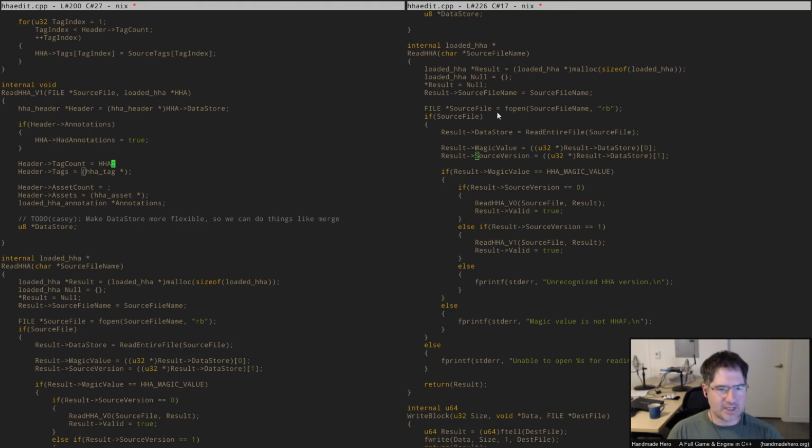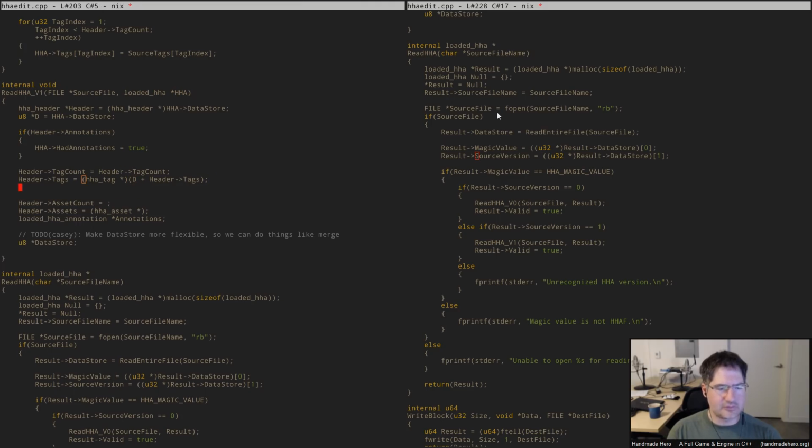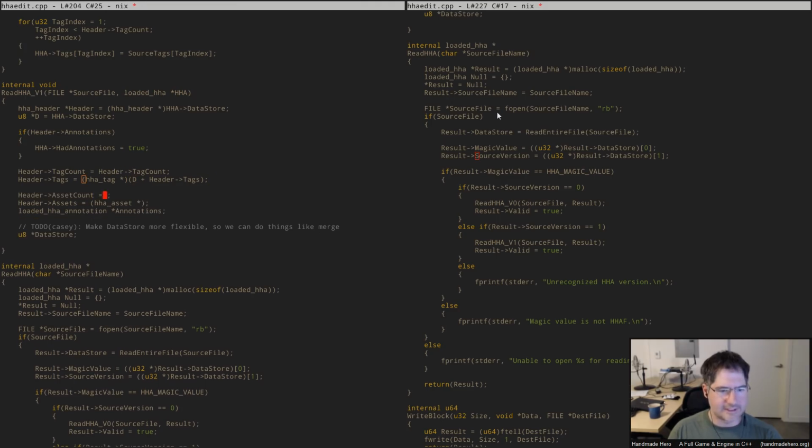So let's suppose I just look here and say, well, here's the header. Here's the tag count, and we know that the tags offset from the data store. I'm just going to call that D, let's say. Off of the data store, that's the value we want. Same is true for the assets,